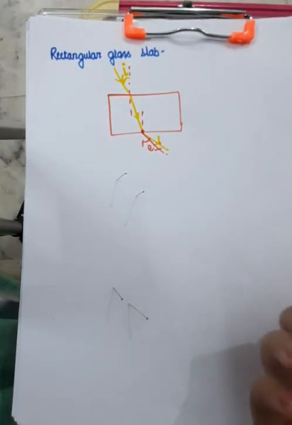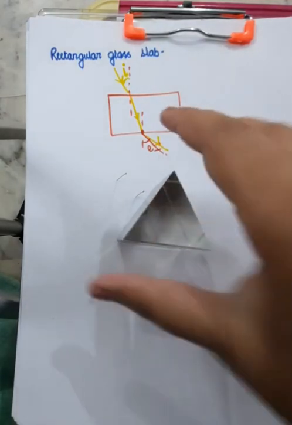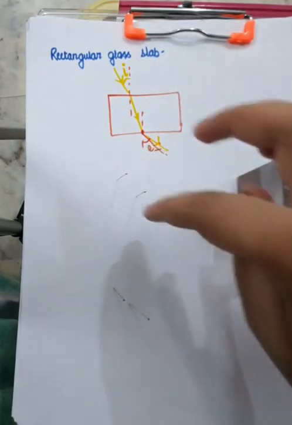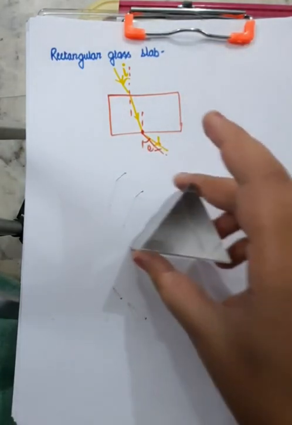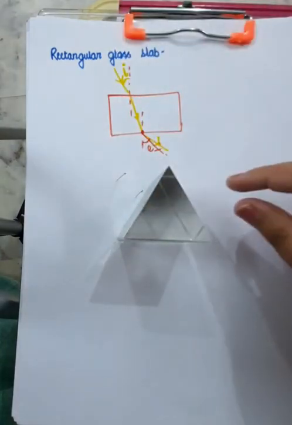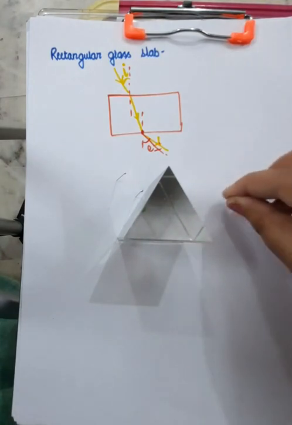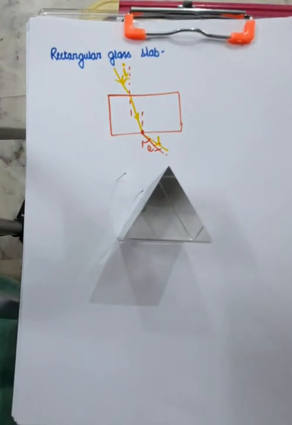Now, how does a prism show refraction? So again the same thing. This is the incident light ray that is shown with the help of pins, and then it's kept here. Then now you have to see these two pins from this surface. You'll bend that side and try to see these two pins from this surface, and at the positions where you see them in a straight line, you have to fix two more pins. So that I'm going to do, just give me a second.